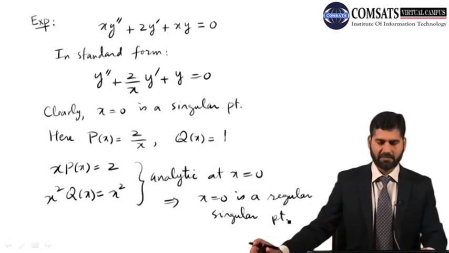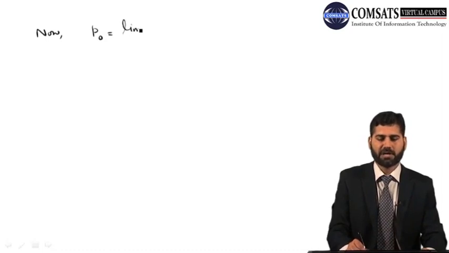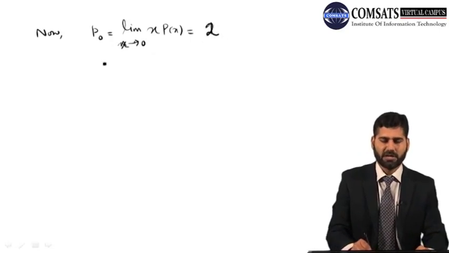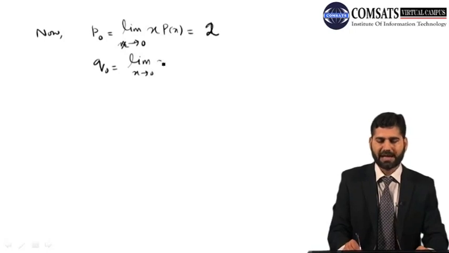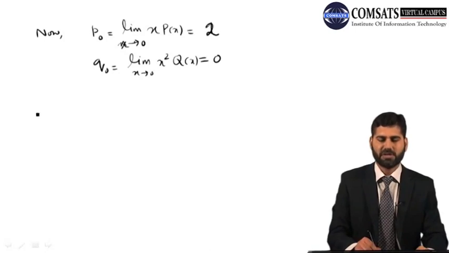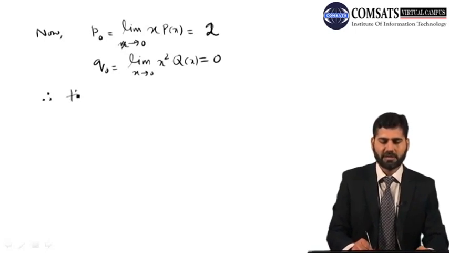So this is a regular singular point, which means we can apply the method of Frobenius. Before that, we will find the initial equation, and for the initial equation we need P naught and Q naught. P naught is the limit as x goes to 0 of x p(x); x p(x) is 2, so this is 2. Q naught is the limit as x goes to 0 of x square q(x). x square q(x) was x square, so it is 0. Therefore, the initial equation is